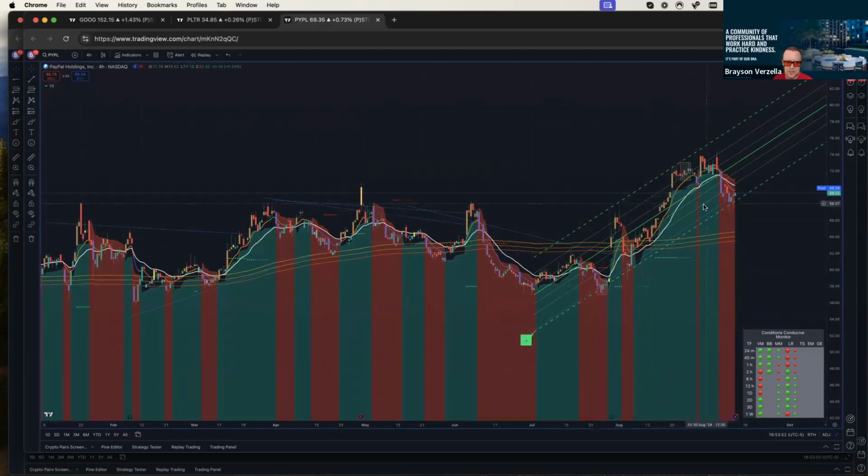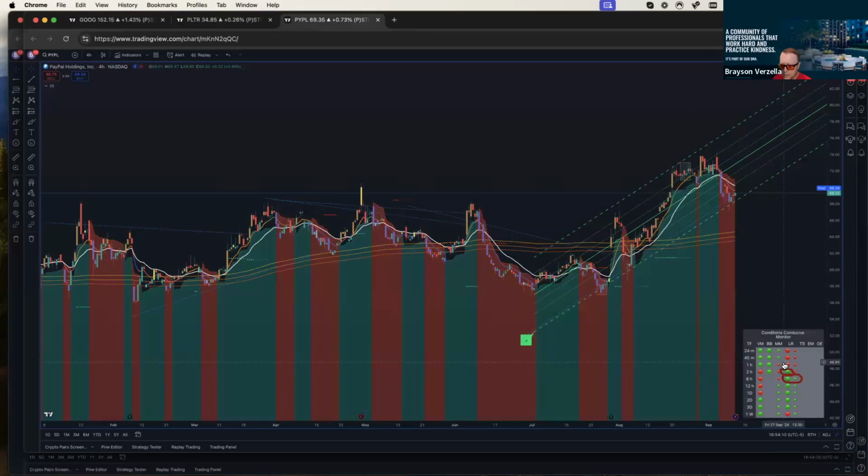So, as you can see, this is the 4 hour. This happens to be PayPal, but I'm sure the 6 hour looks very similar. And the 2 hour is also bullish. So let me see if I can pull up